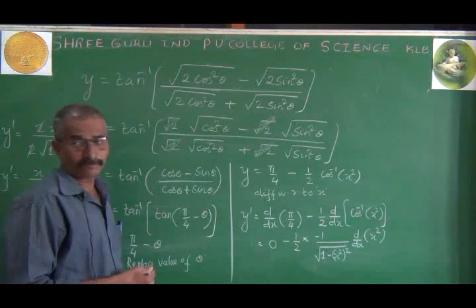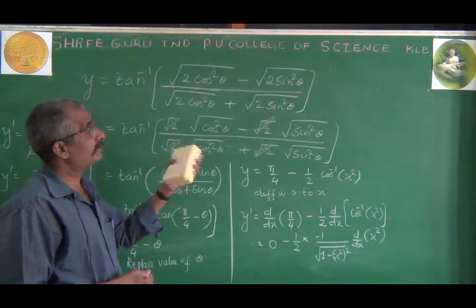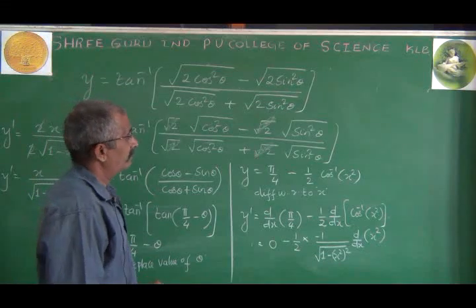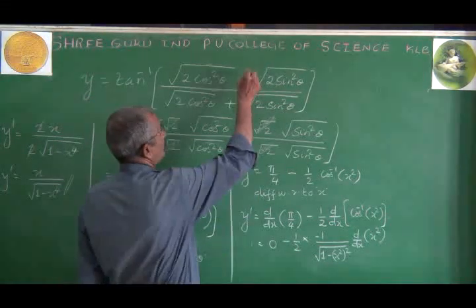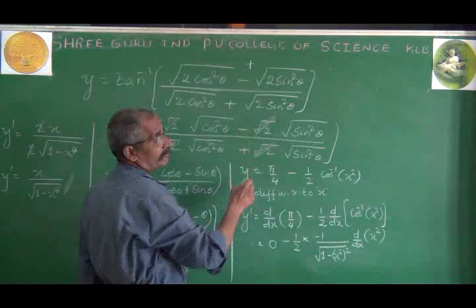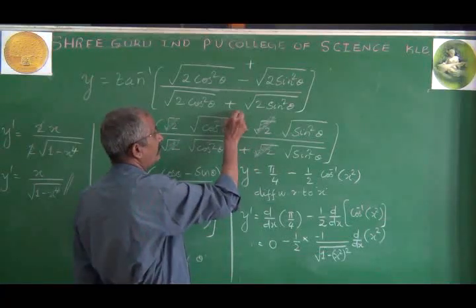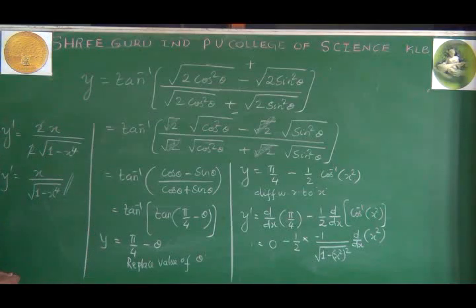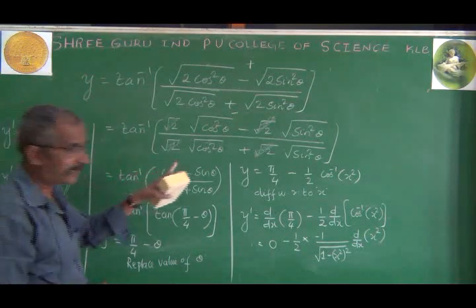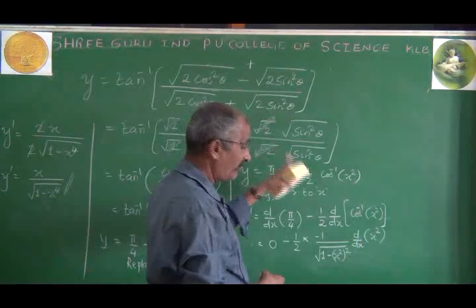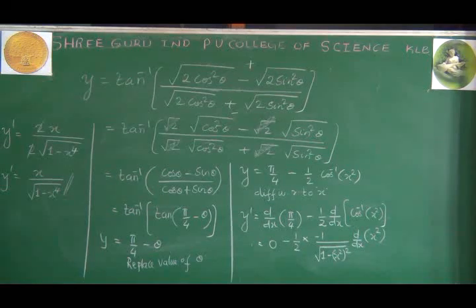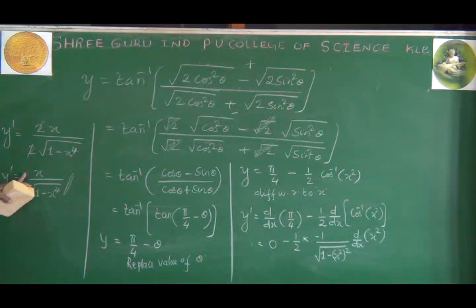The same problem may be given with another kind of arrangement. That means you may have numerator plus, denominator minus. With numerator plus and denominator minus, for this problem, no step, nothing will change. Everything is the same. There is no change anywhere. Only the last answer will become minus.